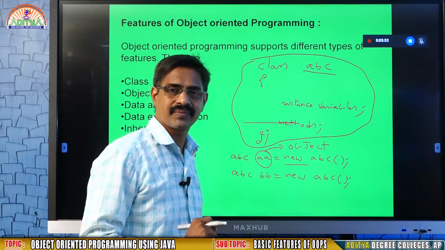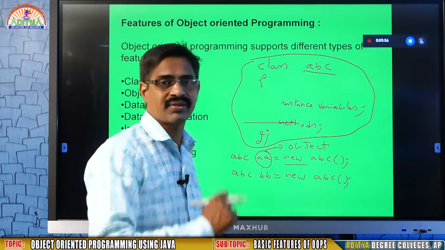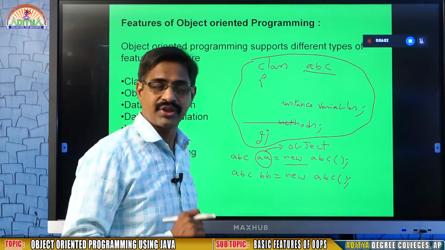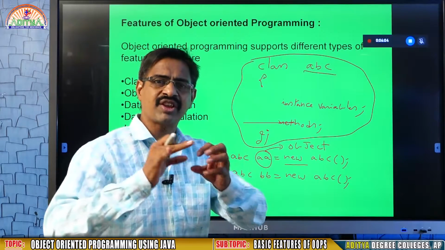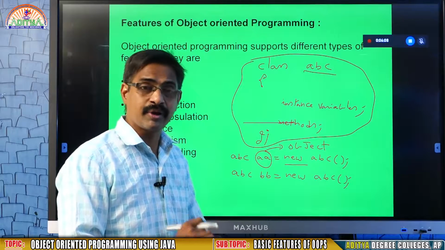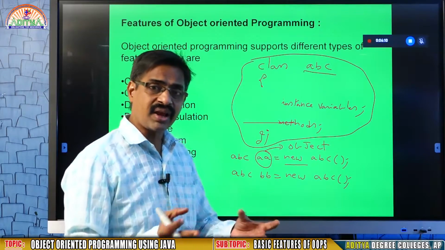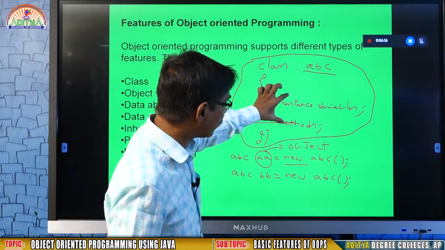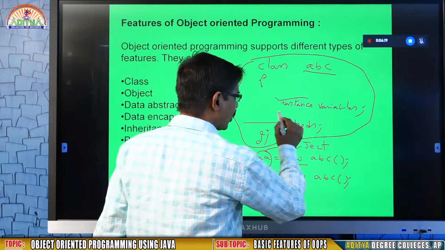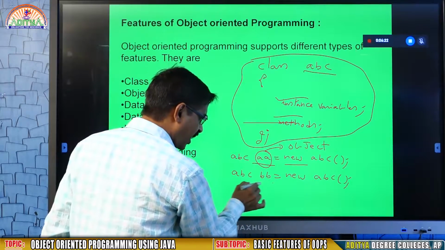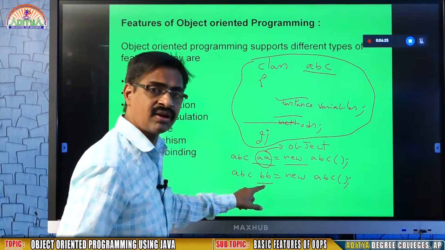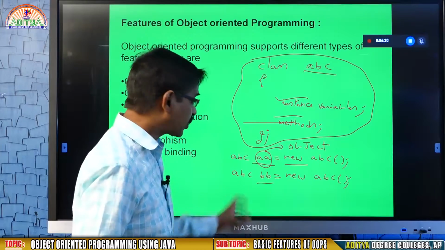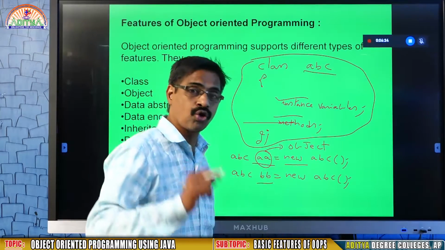But everything is common. Kumar walks, Raju walks, Kumar sings songs, Raju sings songs. That means the methods and properties, everything will be the same. What methods are there, what properties are there, everything we collected inside a class. Like here also, I created a class ABC with instance variables and methods. Whatever instance variables and methods are there, everything is copied in AA and BB. It is like Kumar, it is like Raju. What content is there in Kumar, the same content is available in Raju, but the two are different objects. Each object is going to perform its own task.